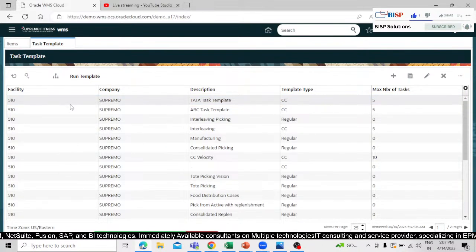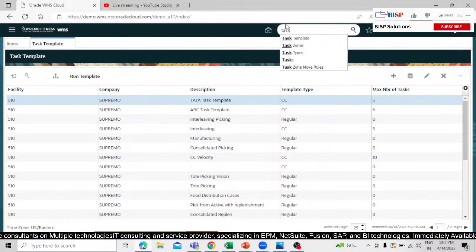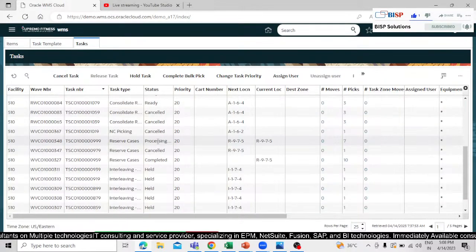In the same way we have the task management. Once we create the task, like the task created in cycle count and replenishment, it can be viewed through the task management. You can see this is processing,